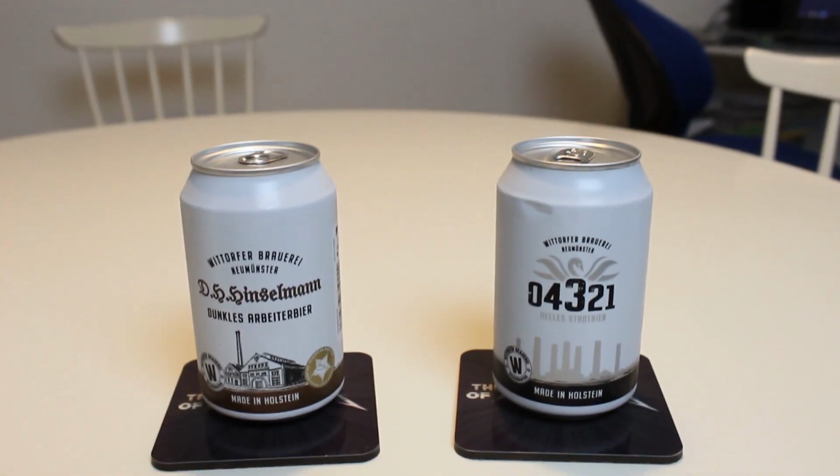This, on the other hand, for me, it's a personal preference thing. I'm not that into it. It's okay, but I prefer the Helles, that's for sure. But I think if you like Munich Dunkel lagers, you'd like this a lot. Rating wise, what are we gonna say? Like an 83, 82, something like that. Early 80s. This would be like a 3.5 for me on Untappd. It's a decent beer, but it's nothing that's gonna rock my world. But this, I would like to drink by the boatload. This is great Helles. So, yeah, guys, that does it for my review of the Wittorfer 04321 Helles Stadtbier and